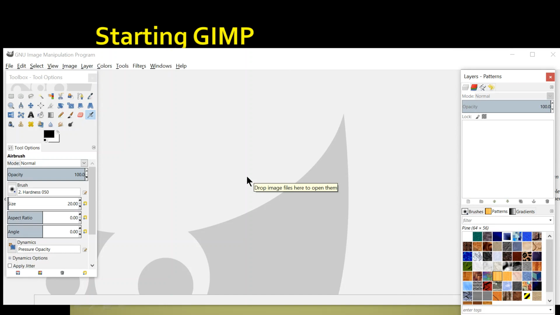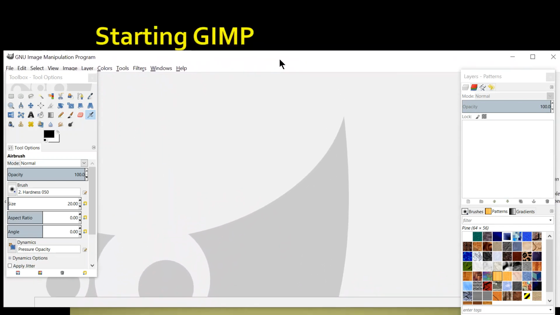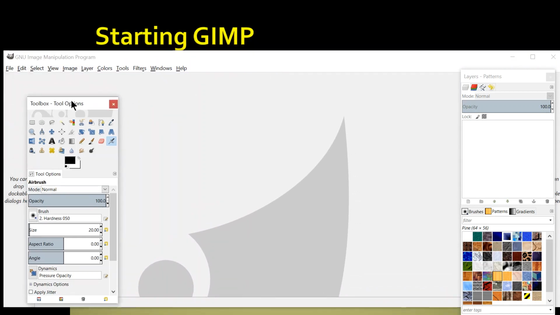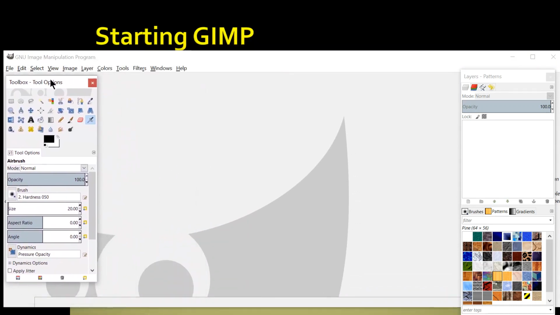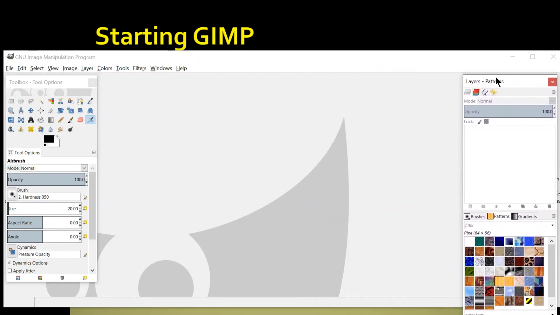The GIMP opens in multi-window mode. ध्यान से सुनेंगे. As you can see here, 3 different windows are there. एक window हमारी ये है, मैं दिखा रही हूँ आपको move करके. Got it? Another second window, this one, right? And third one is this one. Means GIMP opens in multi-window mode, right?